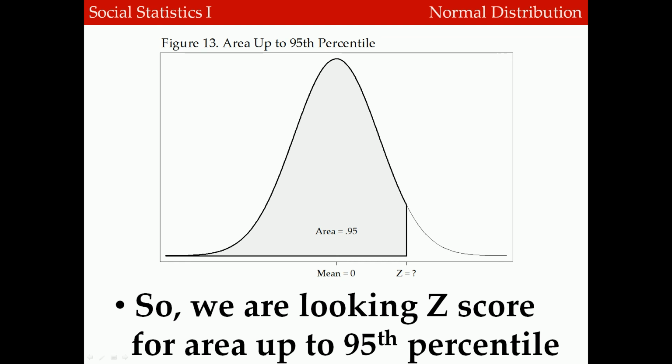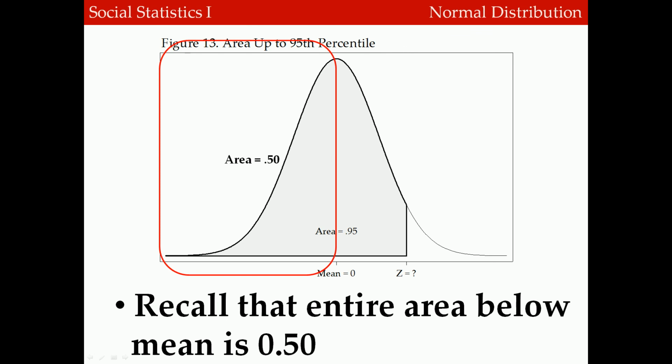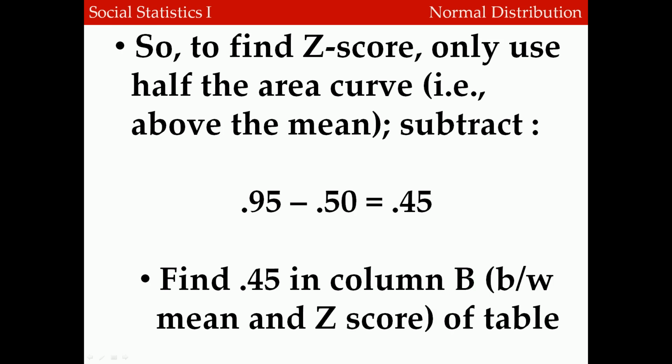We need to find a z-score corresponding to an area under the curve of 0.95. Now remember that half the area under the normal curve is equal to 0.50, and only half the area is shown in the table. So for the moment, we're only going to look at the area under the curve to the right of the mean, and we're going to ignore the area to the left of the mean. We're going to take our 0.95 and subtract the area to the left of the mean, 0.50,